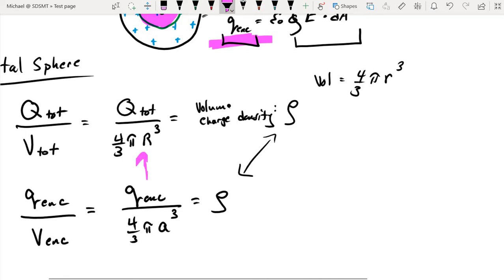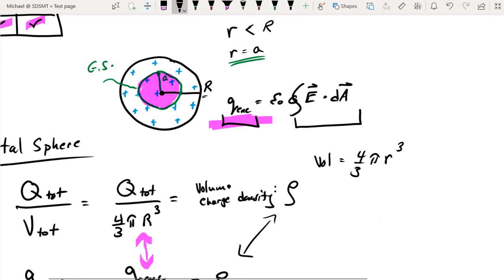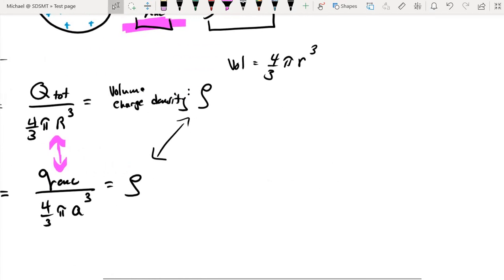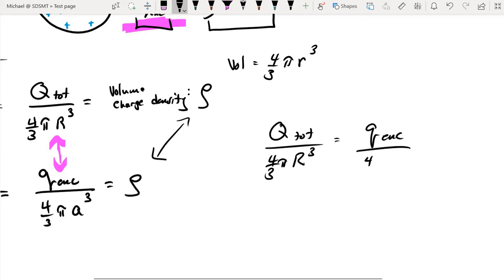And so these two expressions have to be equal to each other. And this is how we're going to find out how much enclosed charge we have inside of our Gaussian surface. So we'll go ahead and set those two expressions equal. Q total over 4/3 pi big R cubed has to equal charge enclosed over 4/3 pi A cubed. The 4/3 will cancel out,